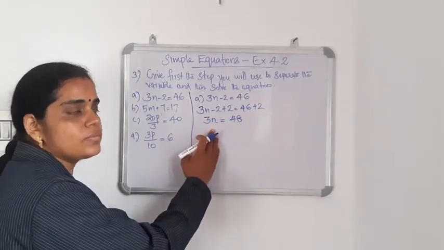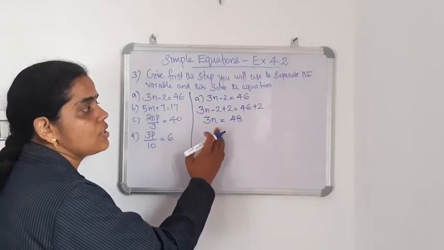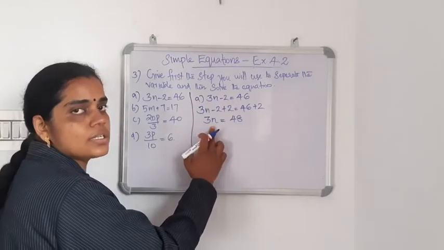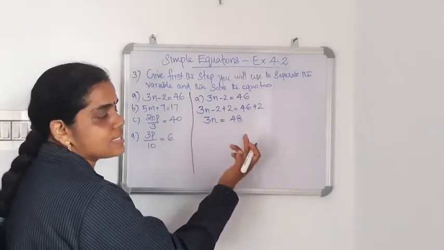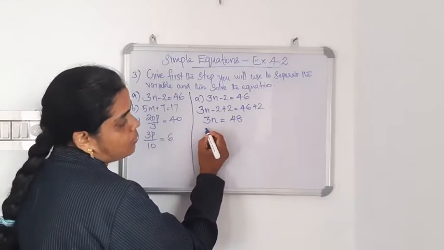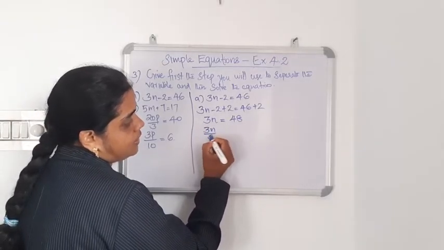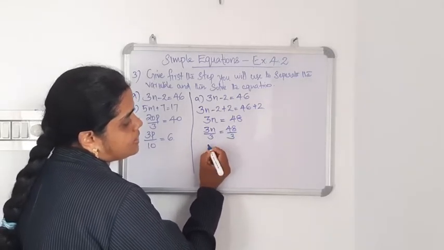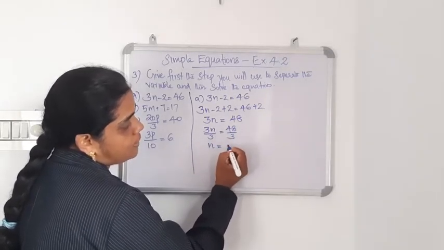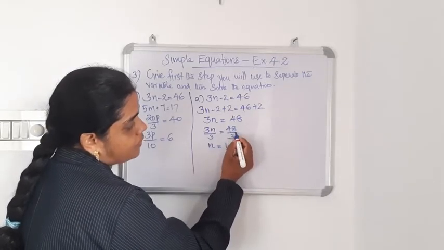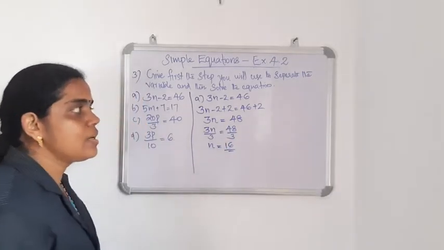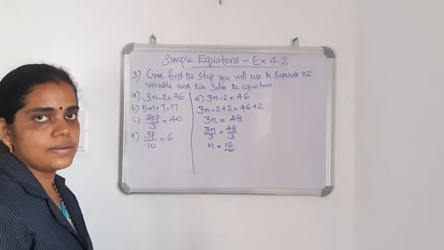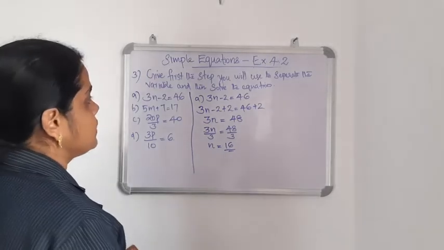Now it is of the form of the second question. Already we discussed that. So in this question subtraction and multiplication are both there, but now it is only multiplication. Then what is the next step? We can divide by 3 on both sides. So 3n by 3 equal to 48 by 3. 3n by 3 is the same as n, equal to how many times here? 16. Okay. So n equal to 16 is the solution of this equation. Okay, clear? Then B question.